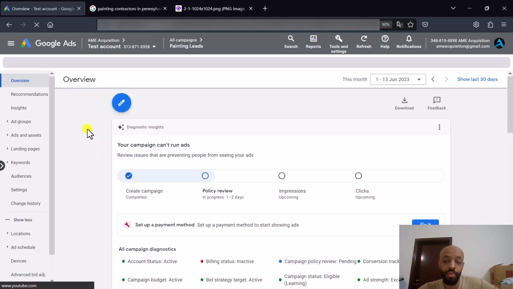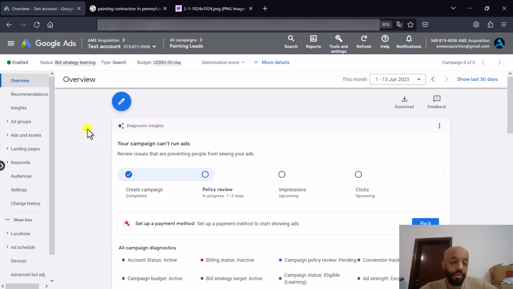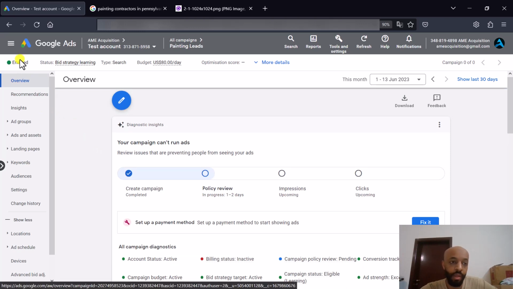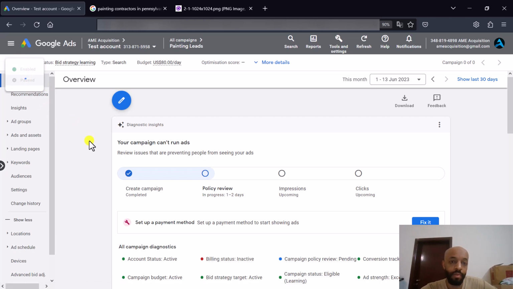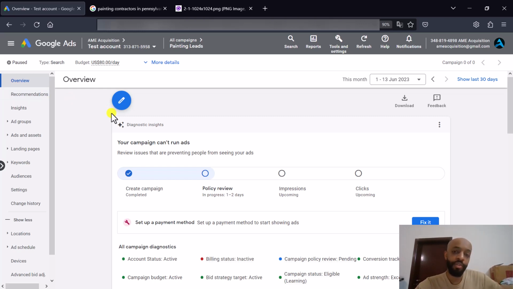Now, unless you actually do want your ads to start running right away, what you should do is go ahead and pause the campaign right away. So right now we're at the campaign level. We call the campaign painting leads, and we made the ad group interior painting inside that campaign. And now I'm just pausing the entire campaign. Now, if you remember, I said that you should make 3 ads inside every ad group. So